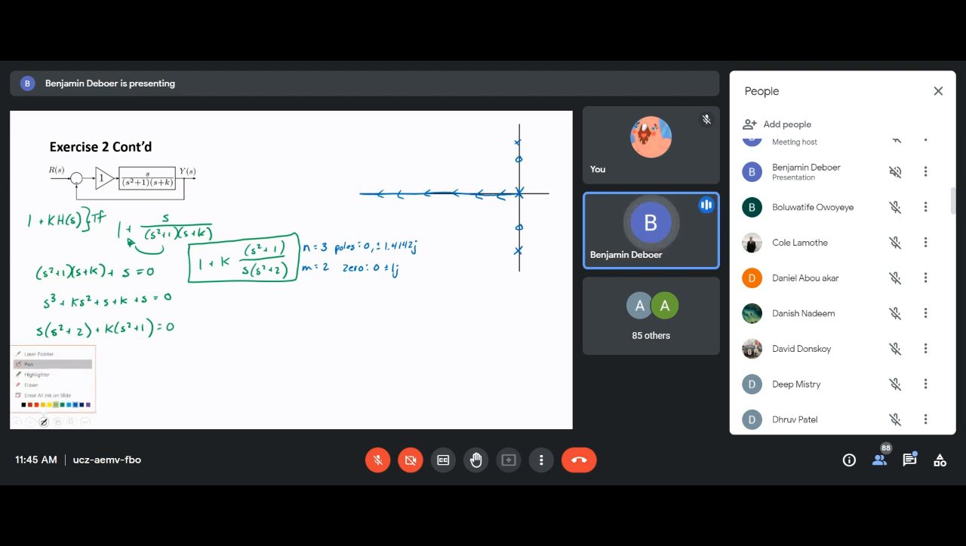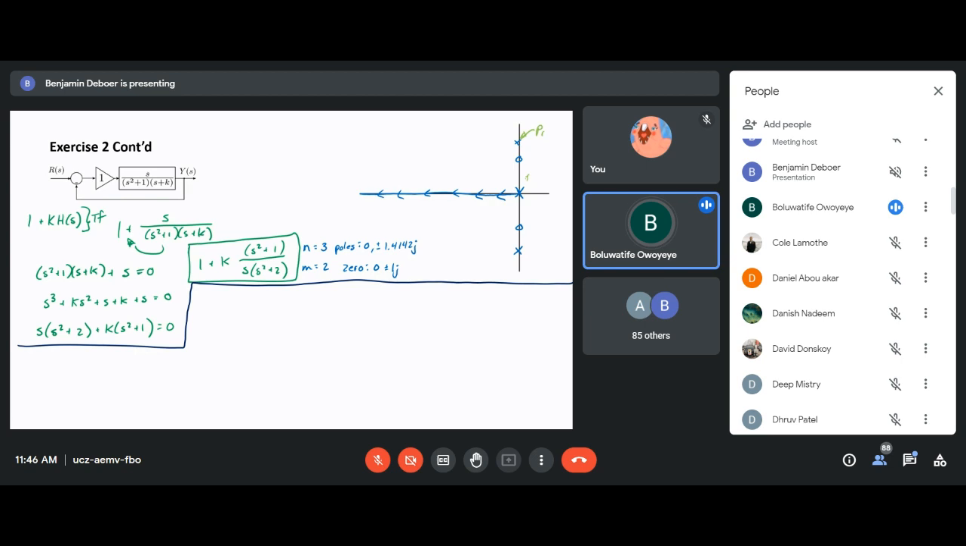Similar to what we've done before, we're going to find the angles of departure as well as the angles of arrival of the poles and zeros. So for simplicity, I'm going to look at the